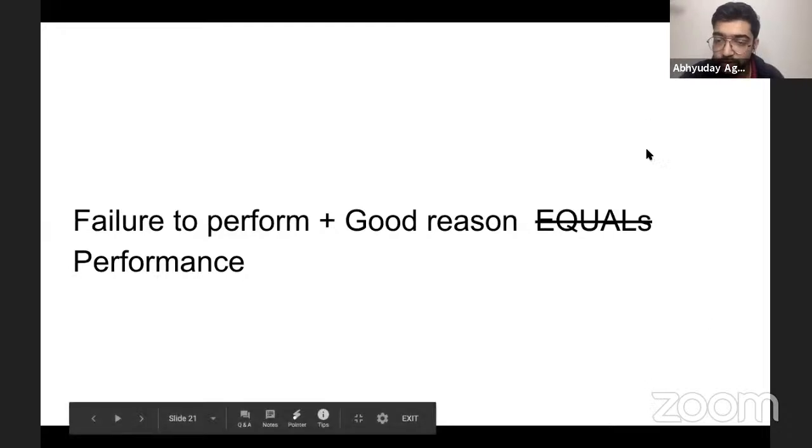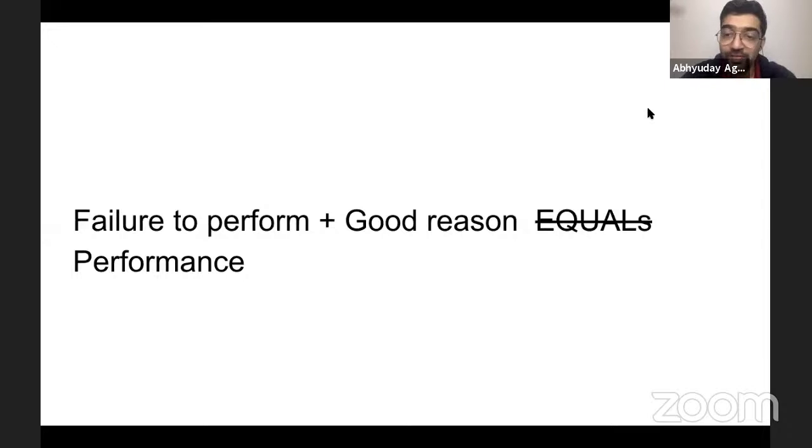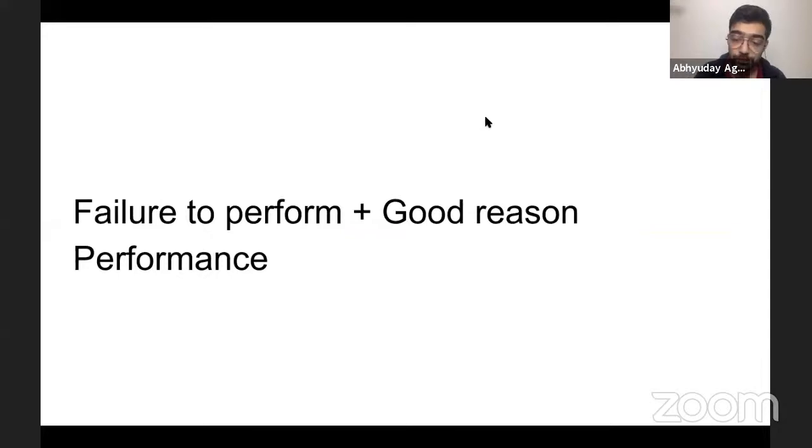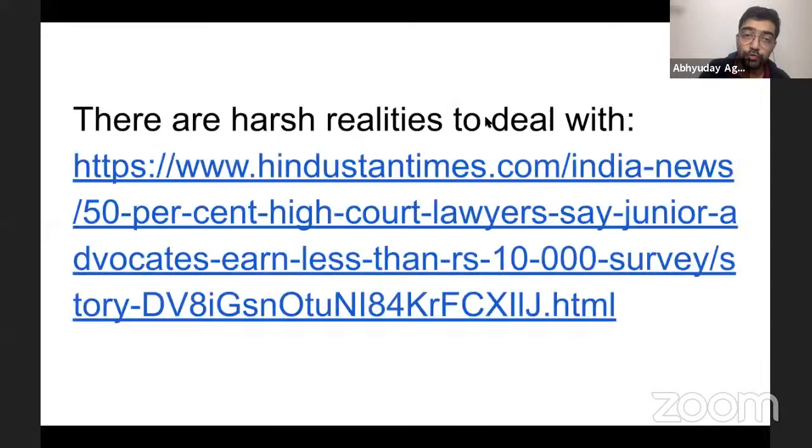Agreed? Say agreed or disagree. So there's no point in making reasons, especially if you have an option to do something about it. If you don't have an option, obviously hard work, trial and error, getting blasted at is the only way. But where there's an option, then you can look at things. There are harsh realities to deal with. What are these harsh realities? Okay, I will quote from these, okay?